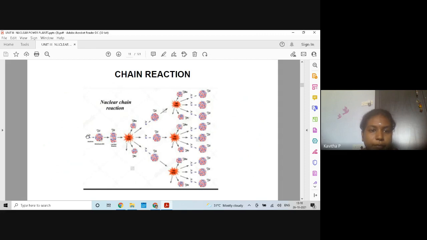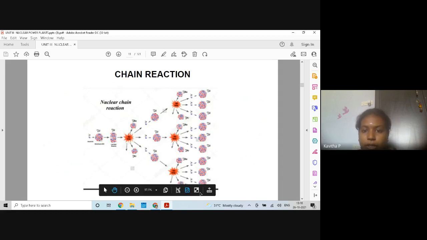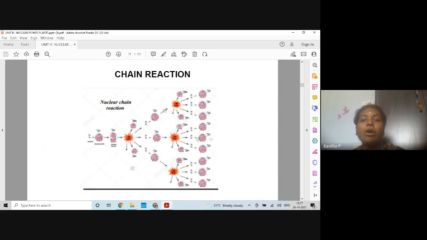So this is also an example of the chain reaction. The reason for controlling the fission process is that a neutron hits a nucleus and this nucleus splits into two light nuclei, and further it is hit by another neutron and splits again, and the number of uranium nuclei will increase, as well as the number of neutrons generated. The fission process takes place only because of neutrons hitting a uranium atom, a heavy nucleus. So if we control the number of neutrons available in the reactor, we can also control the chain reaction. That is the purpose of control rods, to control the chain reaction so that normal operation takes place in the reactor.